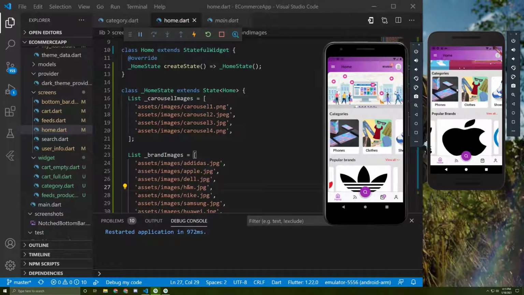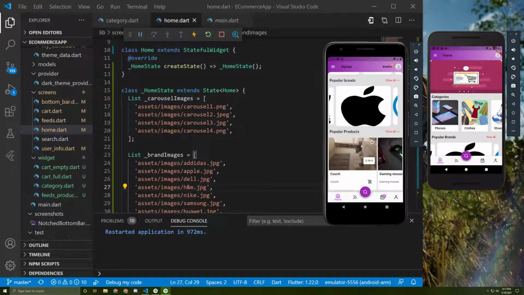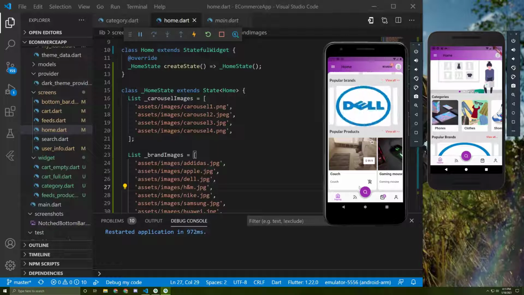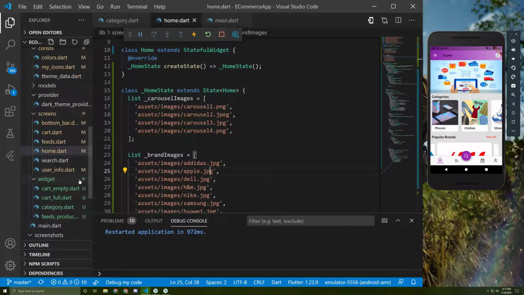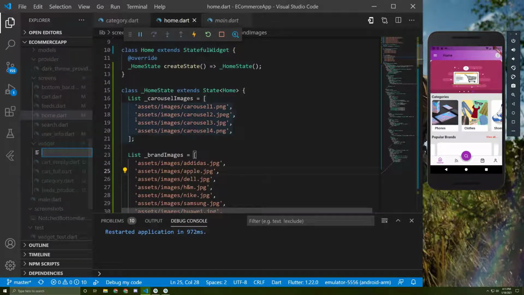So in the home screen, there's something left. That thing is the popular product. So let's start building it. For that, I will create a new file inside the widget called